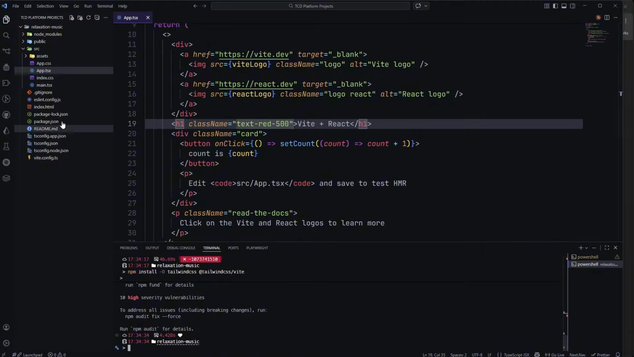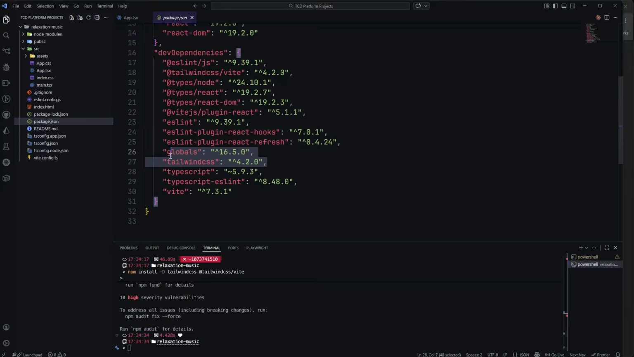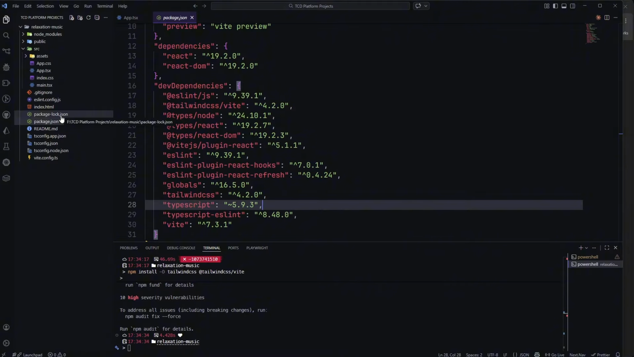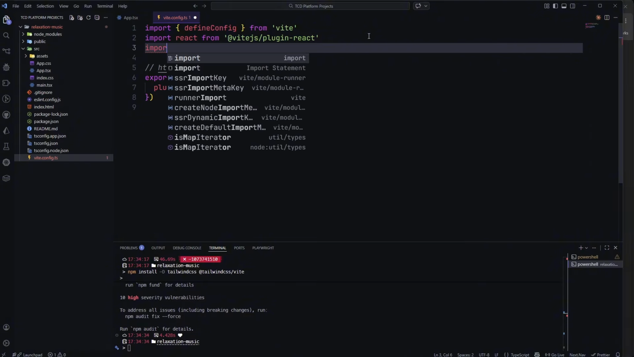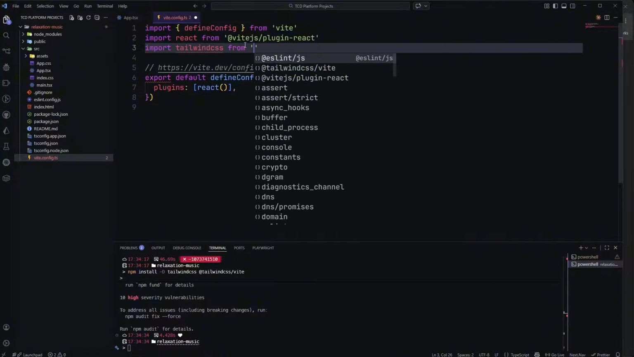Okay, so once that's installed, we can look at the package.json and look at the dependencies. We should be able to see Tailwind CSS in the dev dependencies. What we're going to do now in the vite config is import Tailwind CSS. So we're going to run import tailwindcss from, making sure it's spelled correctly, and then here we are going to choose